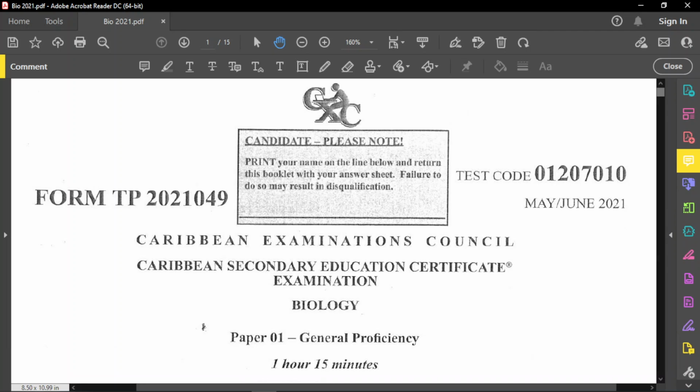Hello, everyone. Welcome back. Today we're looking at a CSEC biology past paper, Paper 1 from June 2021. Before I start the examination, I wanted to always remember to read through the instructions